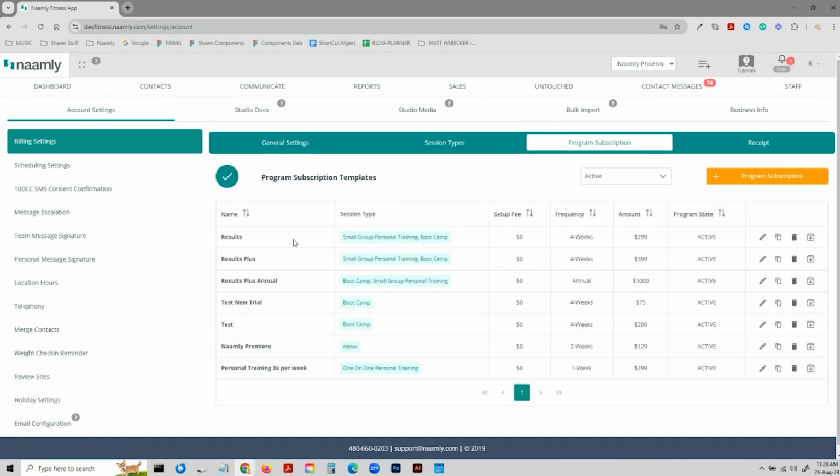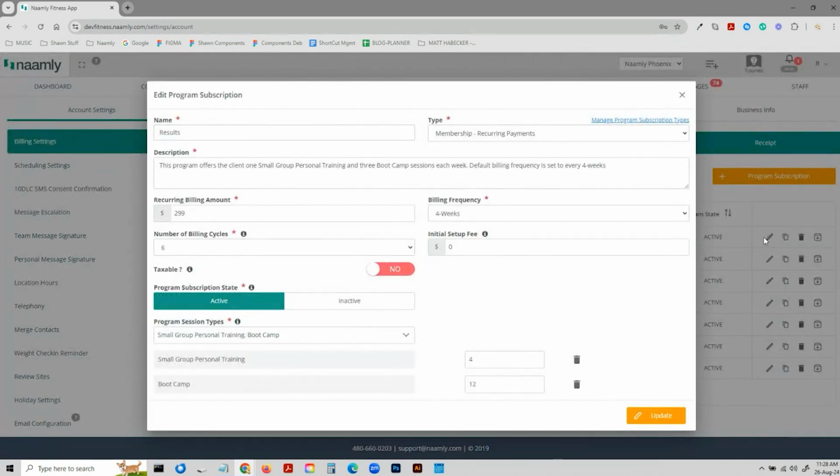Program subscriptions, in essence, are collections of session types that can be assigned to a member in a bundled fashion. Here, we have the results program subscription. And if we look at the details, you can see that any member that is assigned to this program subscription will have a monthly billing cycle. And within that billing cycle, the member is allowed to attend 4 small group personal training sessions and 12 boot